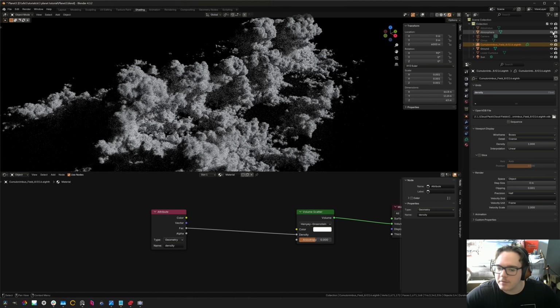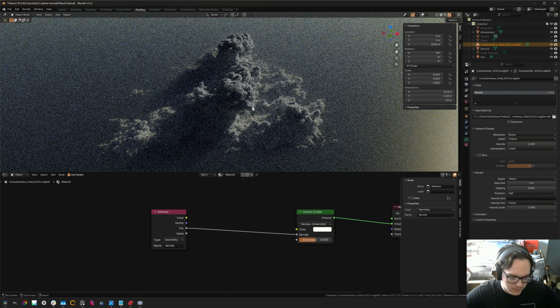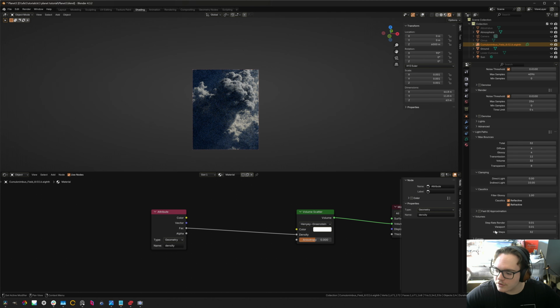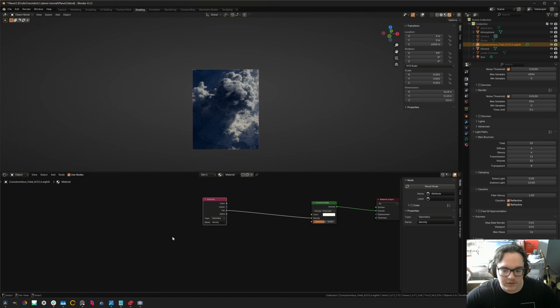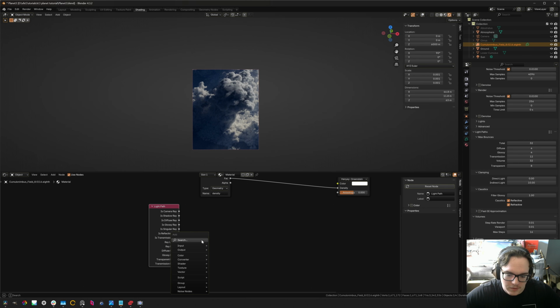But if I enable the atmosphere, when we look at the back of our clouds, firstly, I'm going to preview this, and I'm also going to reduce the max steps for our volumes down to 16 from 32, just to save a little bit of performance. Anyways, while this resolves, when we look at the backs of these clouds, we see that there's kind of like some ambient occlusion going on. Like they still look a little bit too smoky. So we're gonna do a very simple trick, which is using the light path node, and specifically the ray depth output, and then